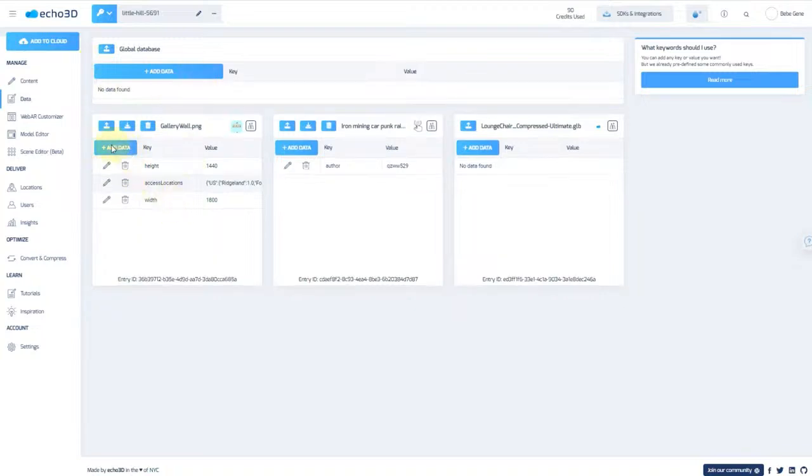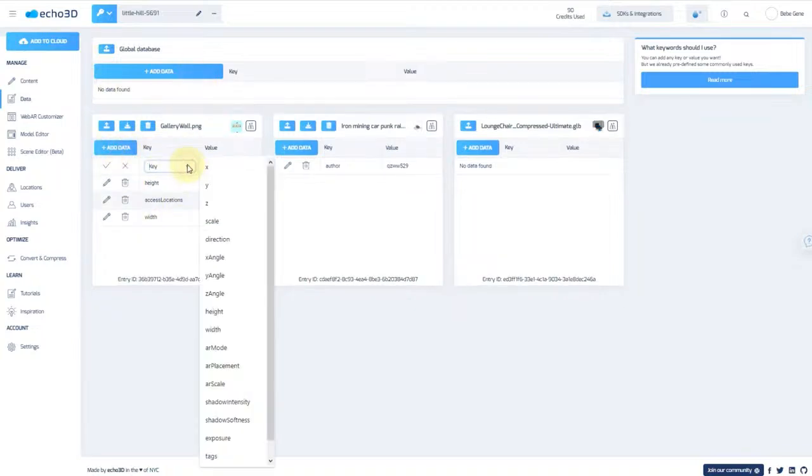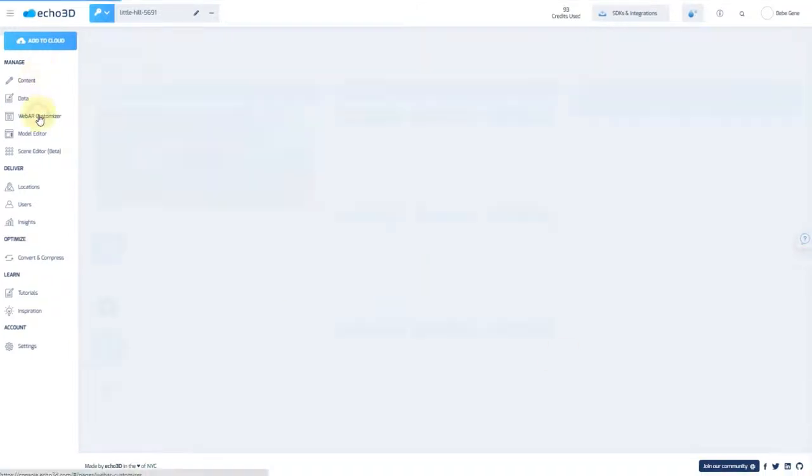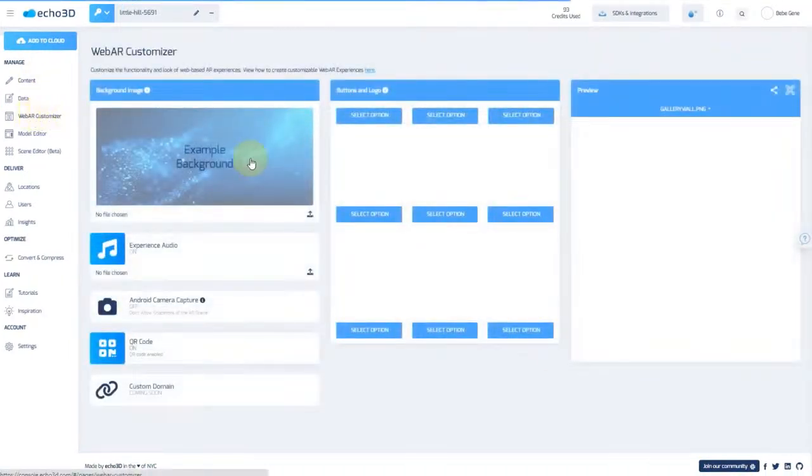And the same concept for each of the individual items. We have a bunch of predetermined metadata that you can choose, or you can even add your own and fill in the value right here. And when we go down to the Web AR Customizer, this is a really nice feature to create something that's